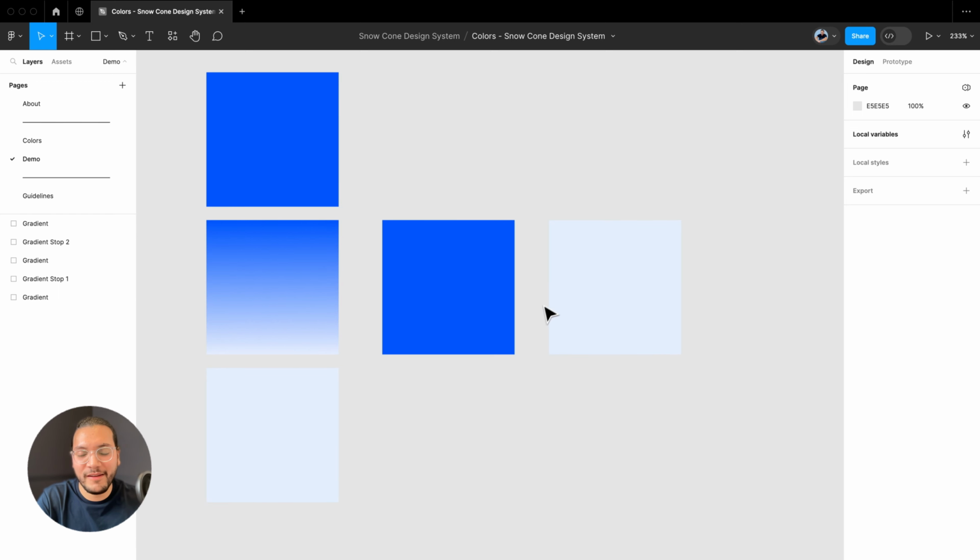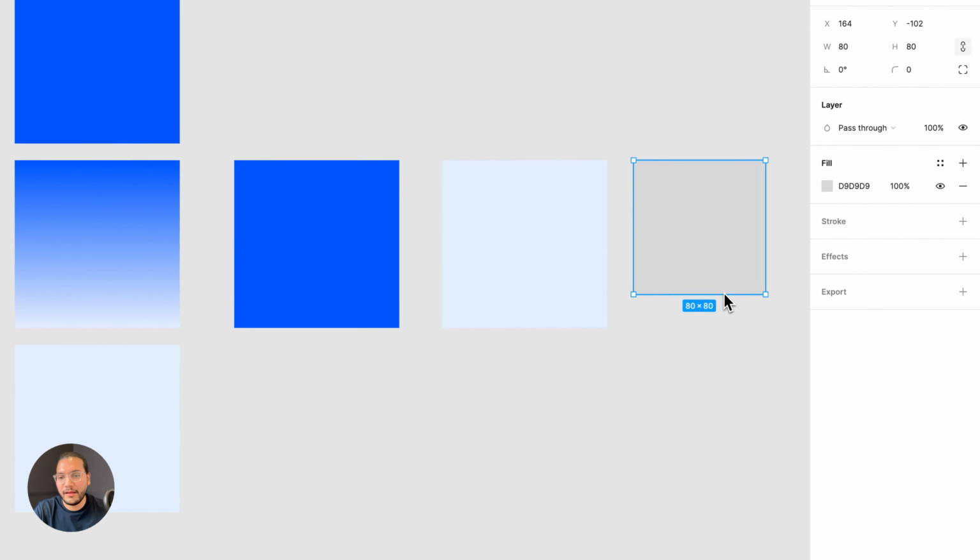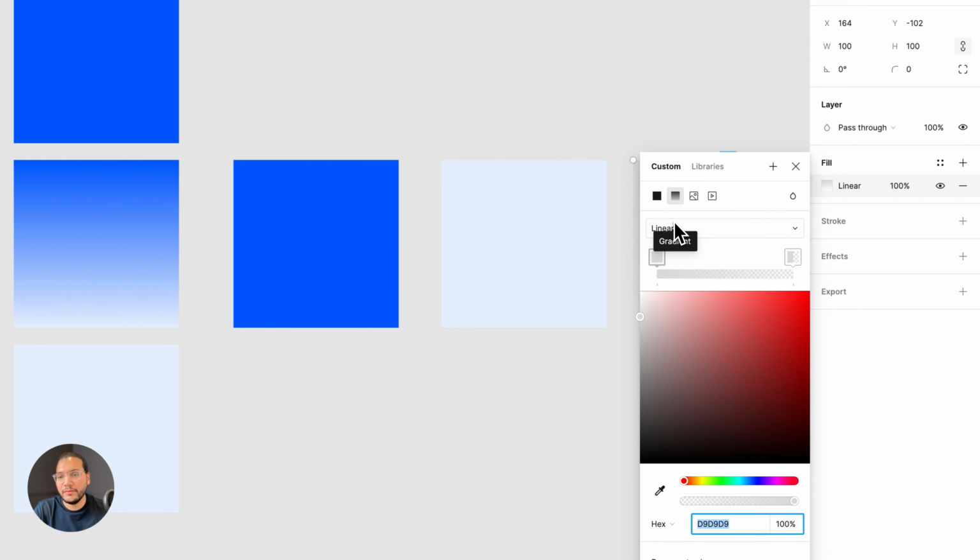Techniques of how to do this. And I finally arrived at what I think is the ultimate solution. So what we're going to do is draw another square here. And this time I'm going to go to this option,